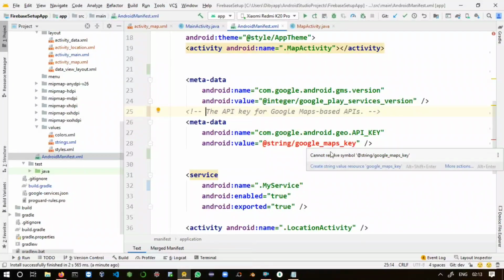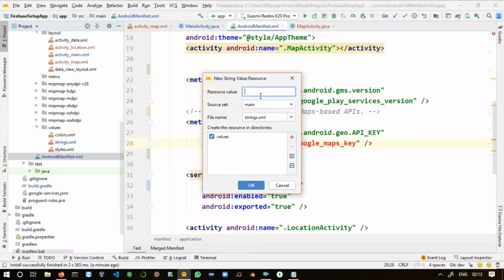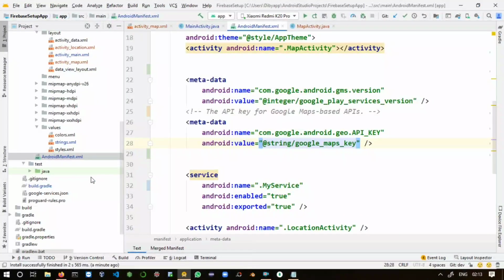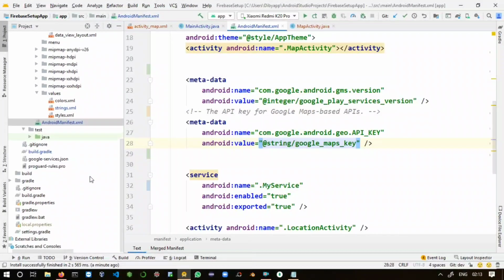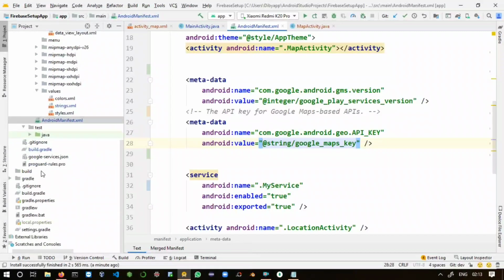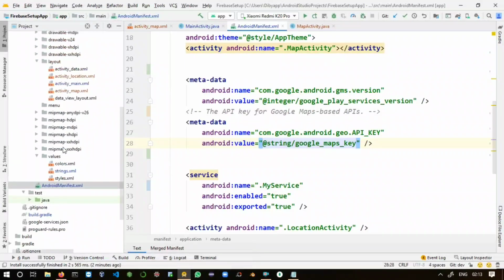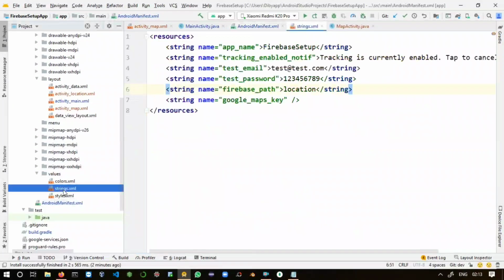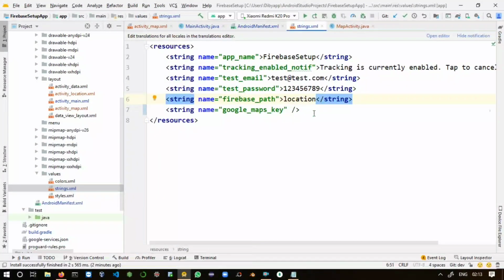Go to strings.xml, and here I will copy and paste my Google API key, so give me some time.